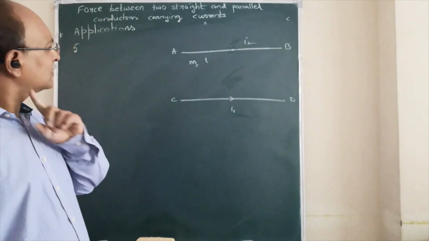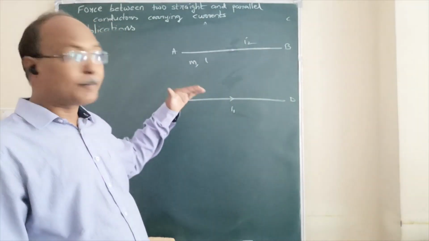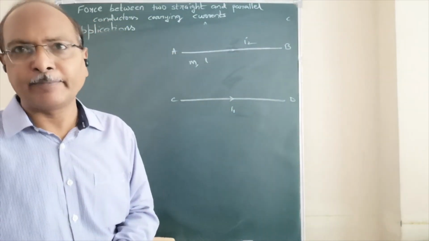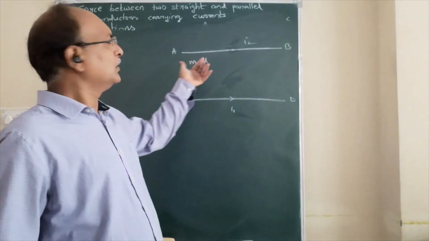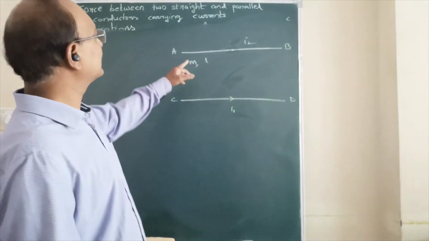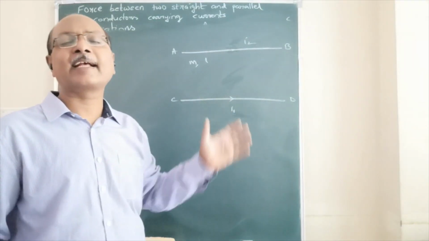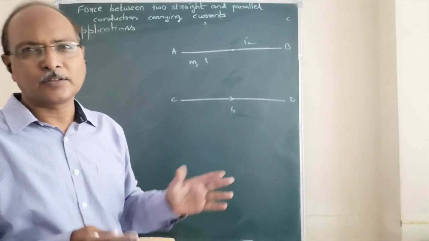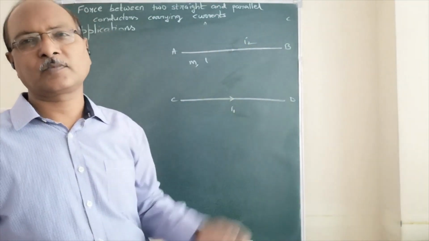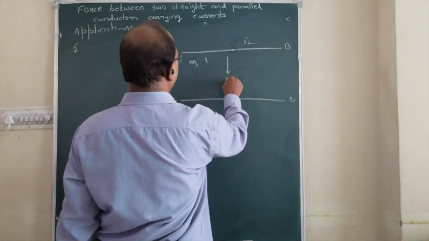Then suppose we are given like this. There is a wire carrying a current I1. Above this, a wire AB should be in equilibrium. So in which direction a current has to be passed through it? We are given, suppose L is the length of this wire, M is the mass. In which direction we can pass the current, so that the wire can be in equilibrium. Now the weight of the body will be acting downwards, mg.